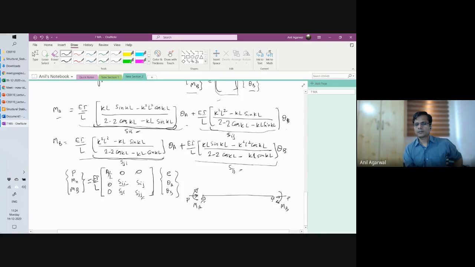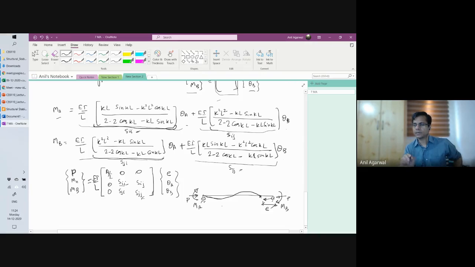And as a result, this member deformed. Not only deformed in the lateral direction, it also contracted by an action in the axial direction by E. So that E is basically still a function of only P. E is not affected by the presence of MA and MB, which is again not a fully coupled